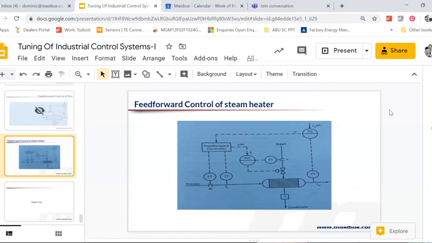So you should measure that lag, the dead time and the time constant. If the dead time is more than 1, then maybe you will have to use cascade control. If you send me the schematic of your process or equipment, I'll be able to guide you better.